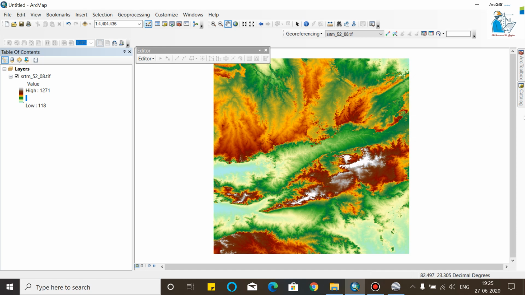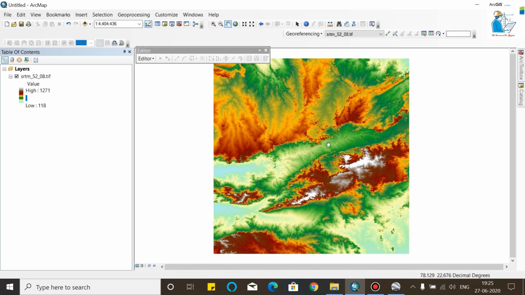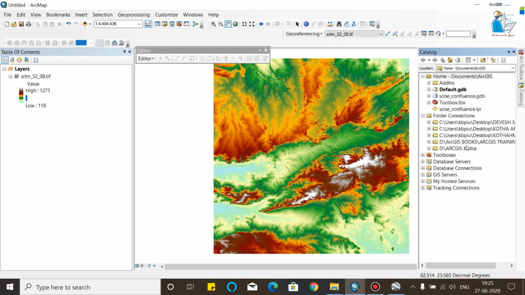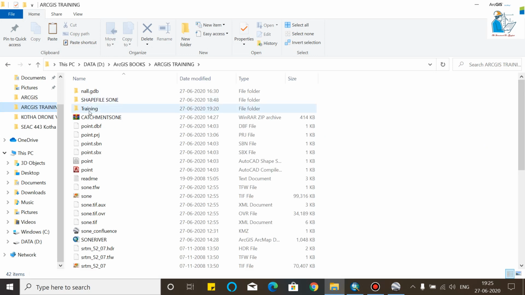Now we will make a new folder where we want to store all data of this particular catchment that we are going to find. I will save it in this training folder.